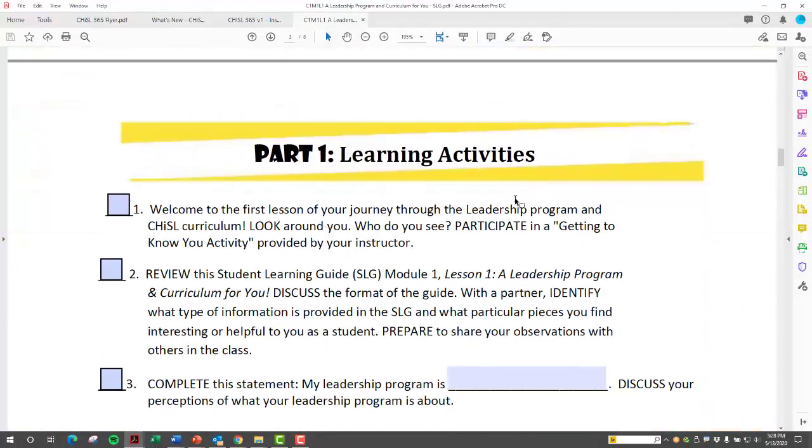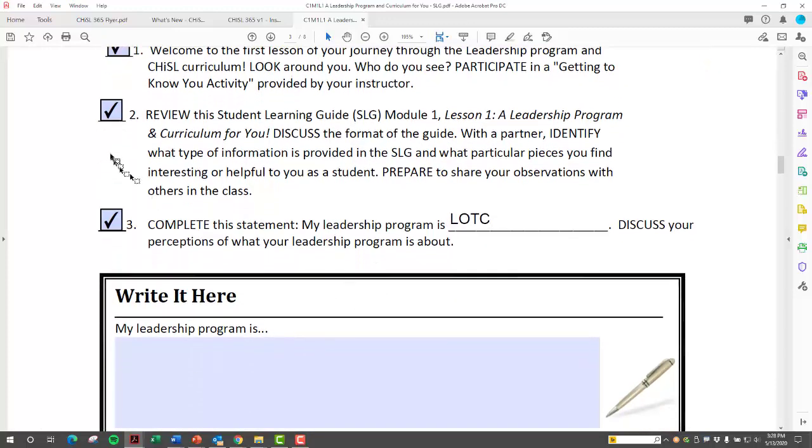So when we get down here, we can just have students check off what they've done. My leadership program is LOTC. And we can just write in and check off things directly in the PDF. And then from there, I can either save that or print that and send it to my instructor. So all of that is done digitally on either a Chromebook or a tablet.